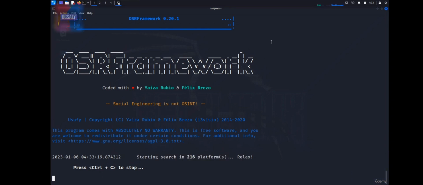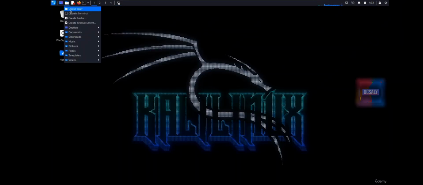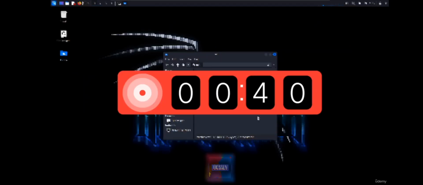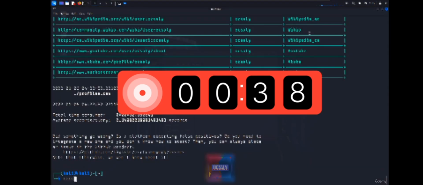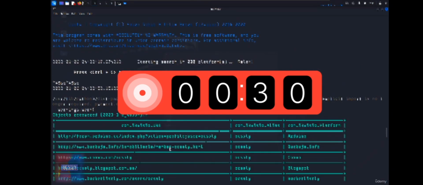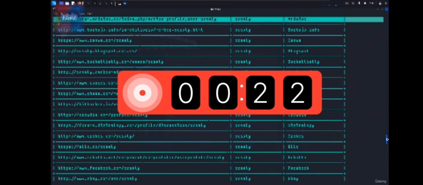we are waiting. Let's open our file, see if anything is created or not. Here, open folder. As you can see here, we got the profiles.csv. Okay, as you can see here, there are the profiles that we got. So as you can see here, we have Oxaly accounts, most of which do not belong to Oxaly, but